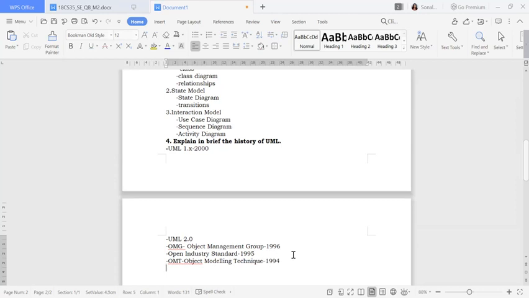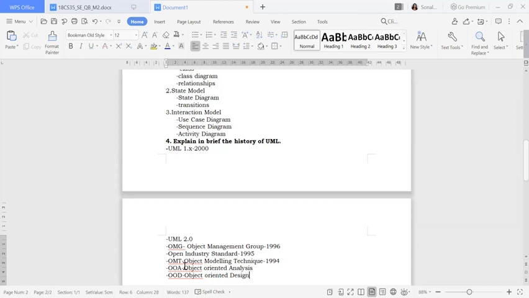Fine. One more is also there, that is OOA. I think everybody knows about this. This is nothing but Object Oriented Analysis. And also one more is there, that is OOD. You have to remember all these points, that is Object Oriented Design.